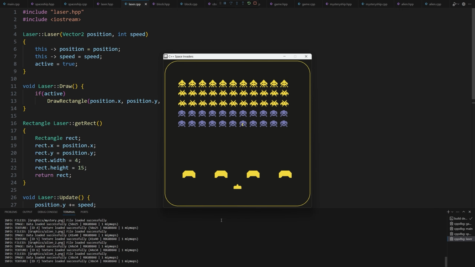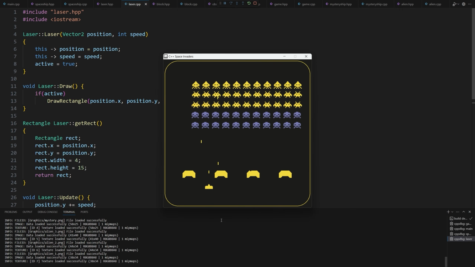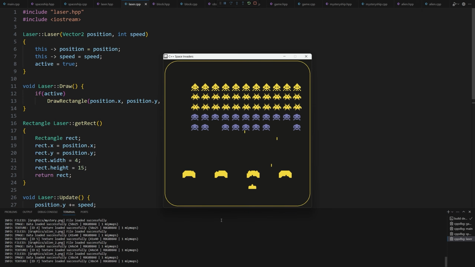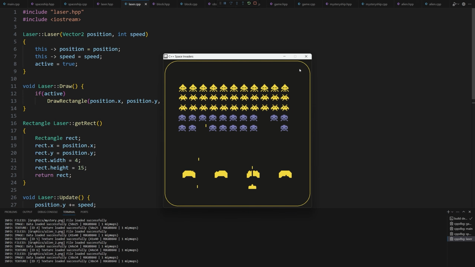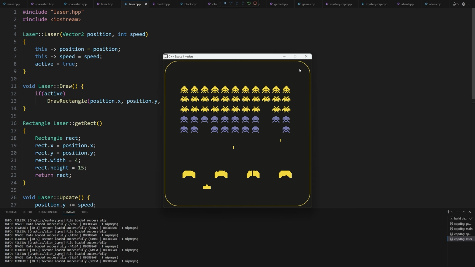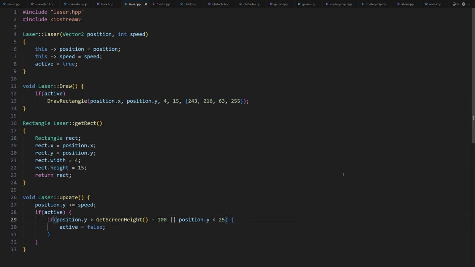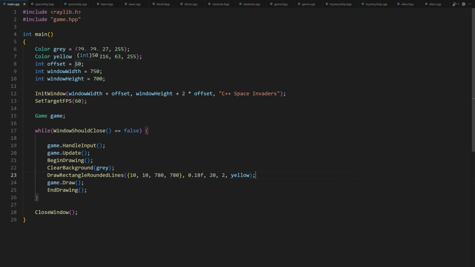Perfect. Let's test the game one more time. Now, all the game elements are positioned correctly and are properly constrained. I know this procedure was boring, but now we are ready to move on to a more exciting thing. Let's also add a line at the bottom of the screen to act as a border for the lives and the level message. Let's go back to the main.cpp file.